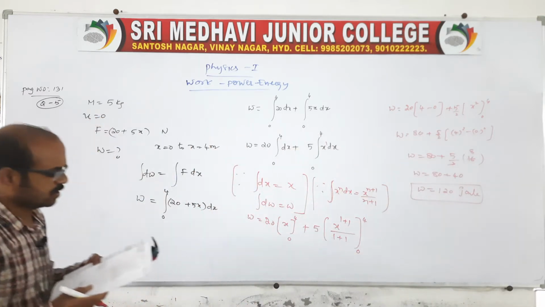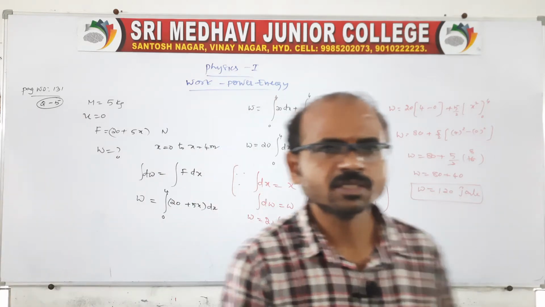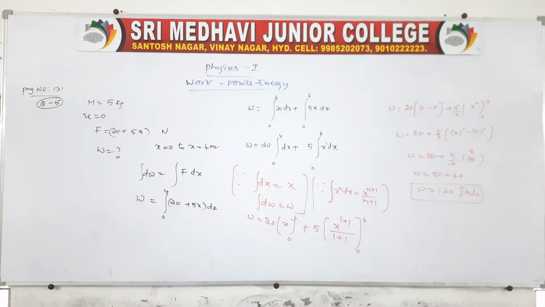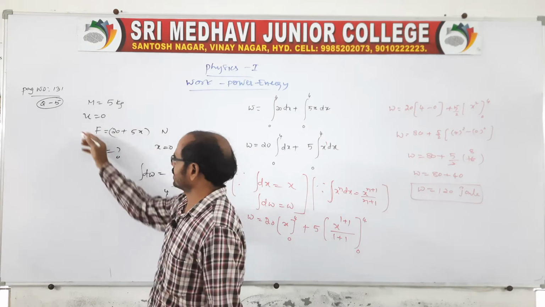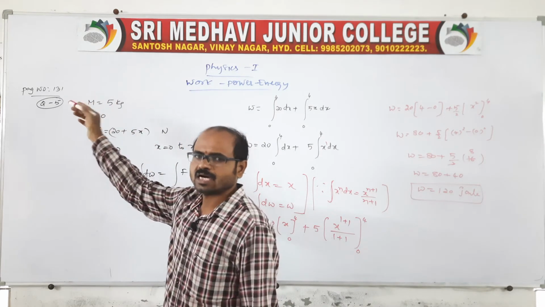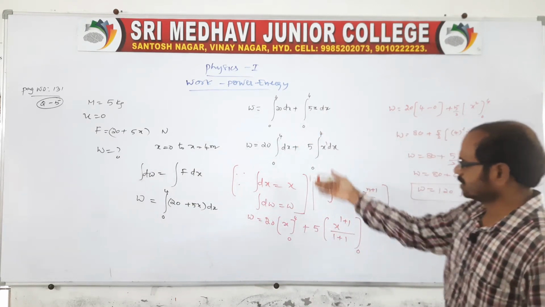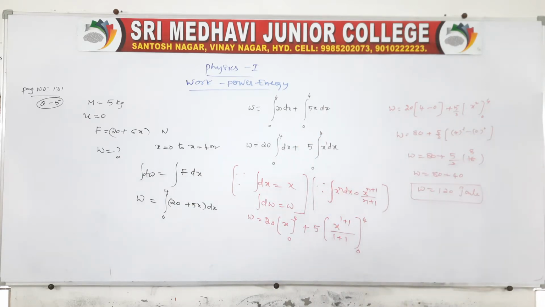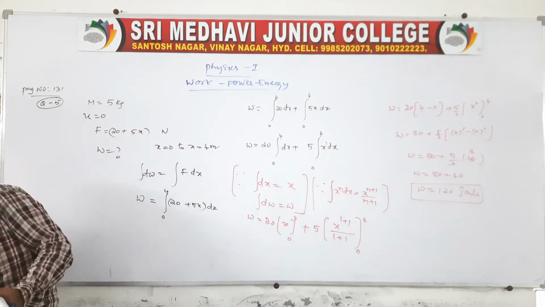For the given question, the work done, the calculation method, we can take like this. Okay, this is the method of calculation for obtaining the answer. Page number 131, question number 5. See, first, everyone, for all problems we should write the given data first. After the given data, you write a formula, then the approach is like this. This is what it is for the given question in our material.